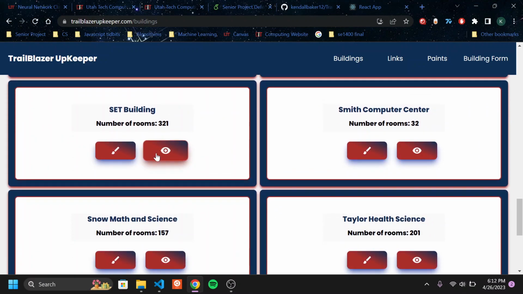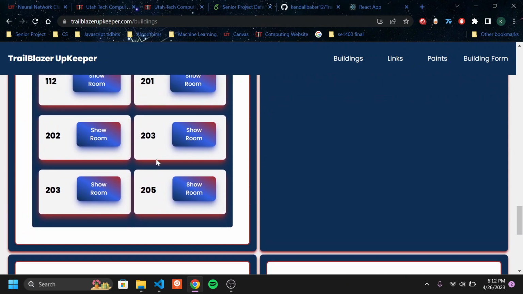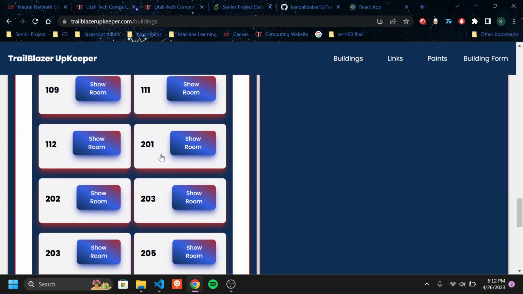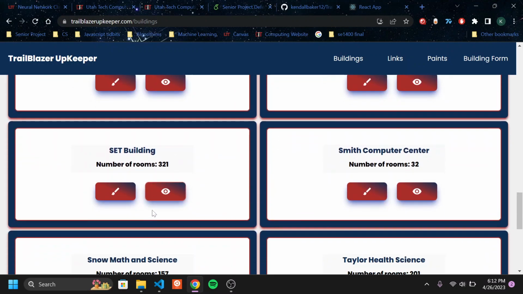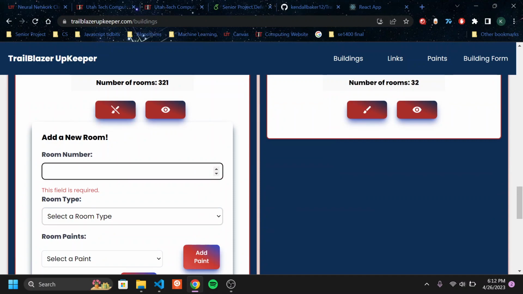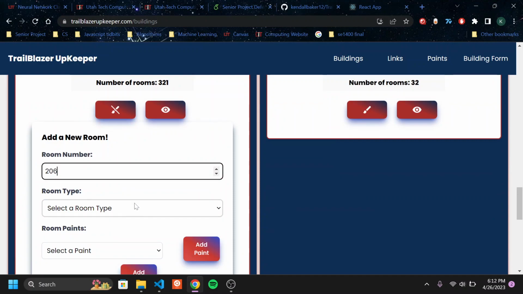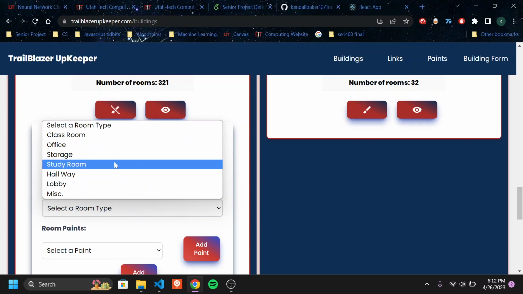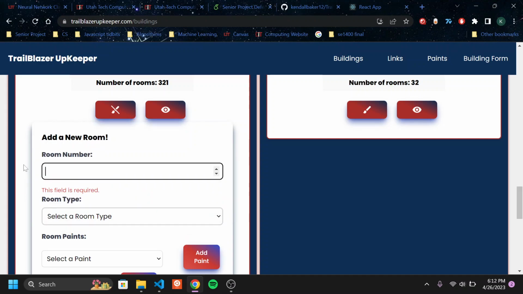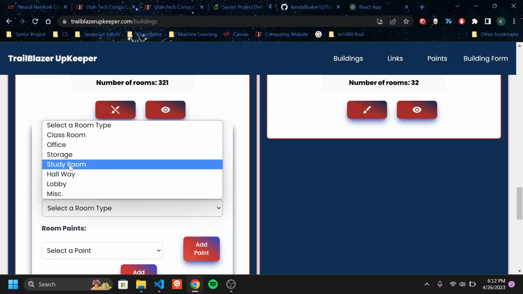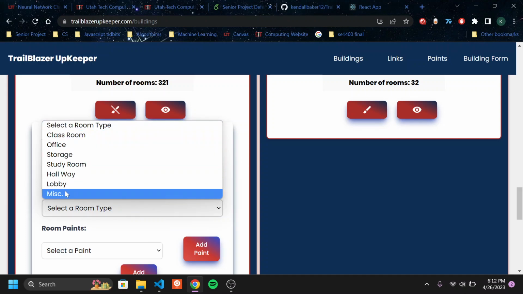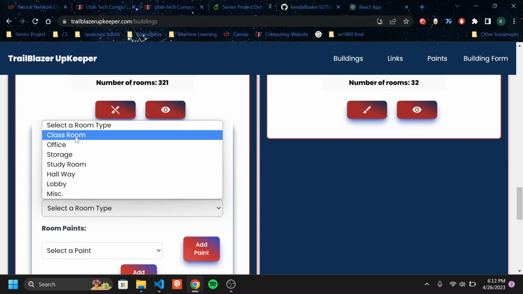So let's go ahead and make a room in the SET real quick. I think room 205 is an office, so that would mean that room 206 is also an office. So you type in room 206. The only field I made required is the room number, this one. This one is so you can select from a drop down of the ones that I have in here. So this one would be an office,